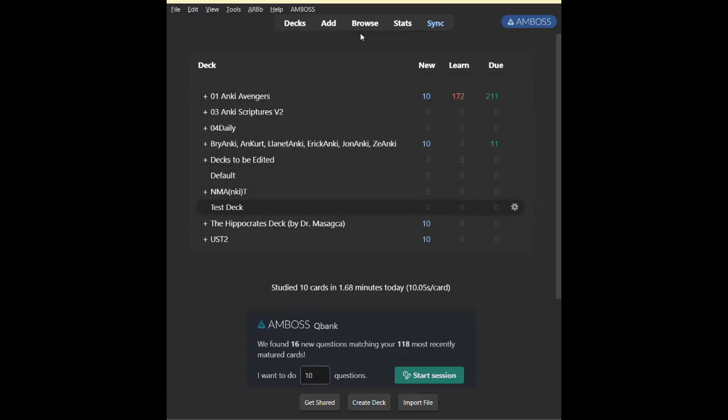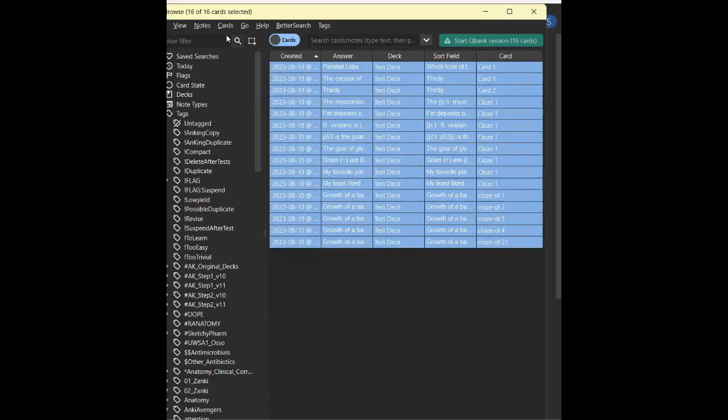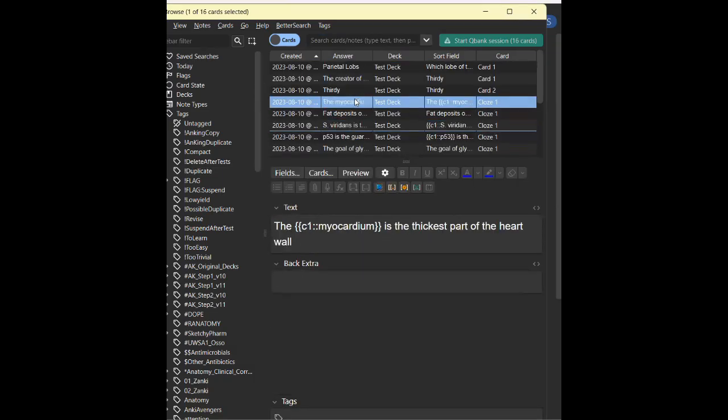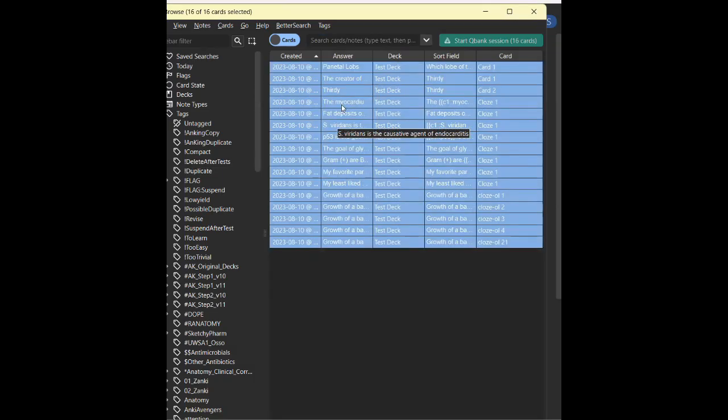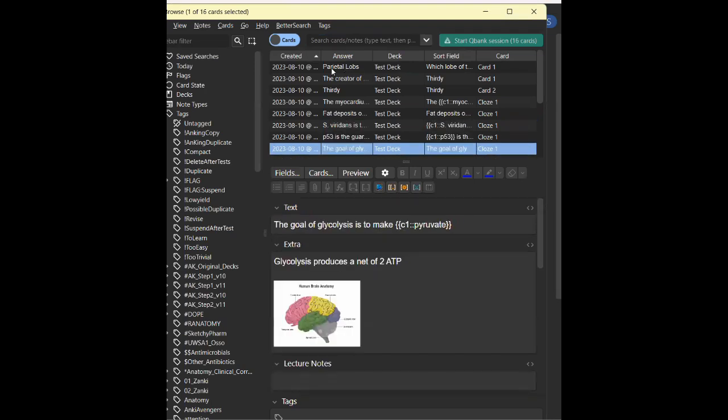We had 17 cards, but it just said 11 notes. Relax, okay? There are 16 cards now because we removed the one that had the C1 and C2, the S. viridans. There are 16 cards now. So what's a card? A card is each of these iterations.